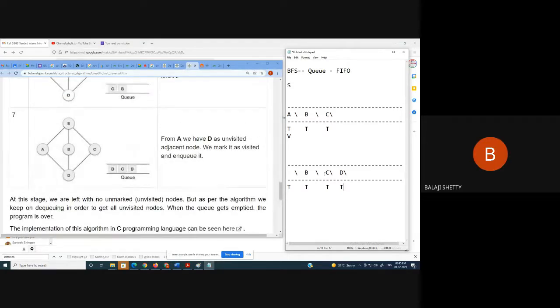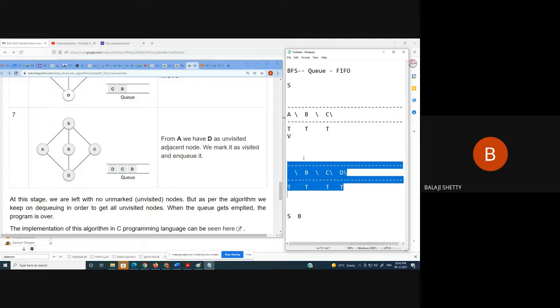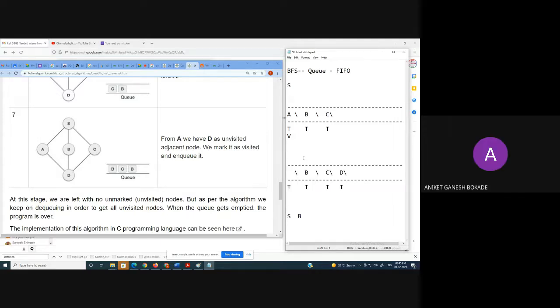Okay. Now, initially S was pushed. Actually here S is not inserted. Actually S is to be inserted, but not inserted. Okay, no problem. So here, see, initially S is there. What do I get here afterwards? I delete A and I insert the adjacent node of A, which is D. Okay. Then what should I delete? Tell me. B. Yes or no? Correct? Good.